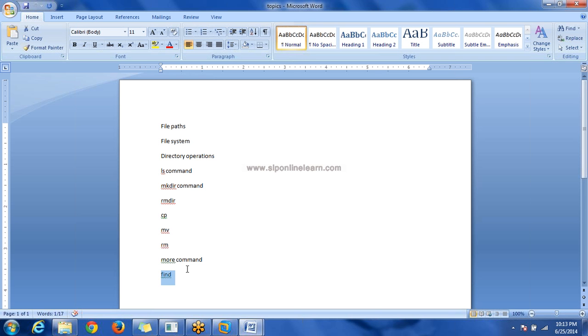If you want to remove some older files, then using the find command you can search and remove. This find command is not only for searching, it will also allow you to execute some commands along with it. Those commands can be removing or moving files, anything. We'll see that with examples.